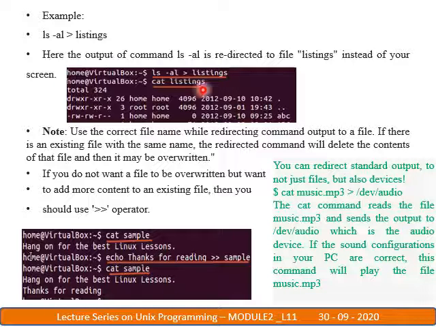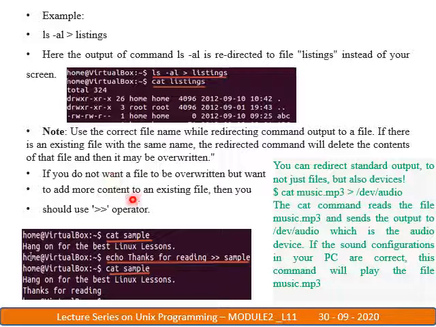Remember this: if the listing file does not exist, a new file is created automatically with the name we have given here, listing, and the output will be redirected into that file. If the file already exists, whatever the old content is, that will be deleted first and the output of this command will be written.